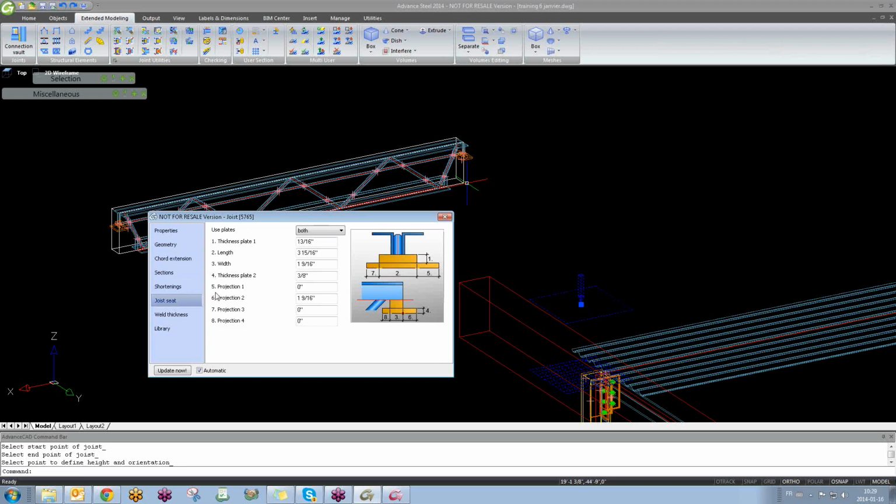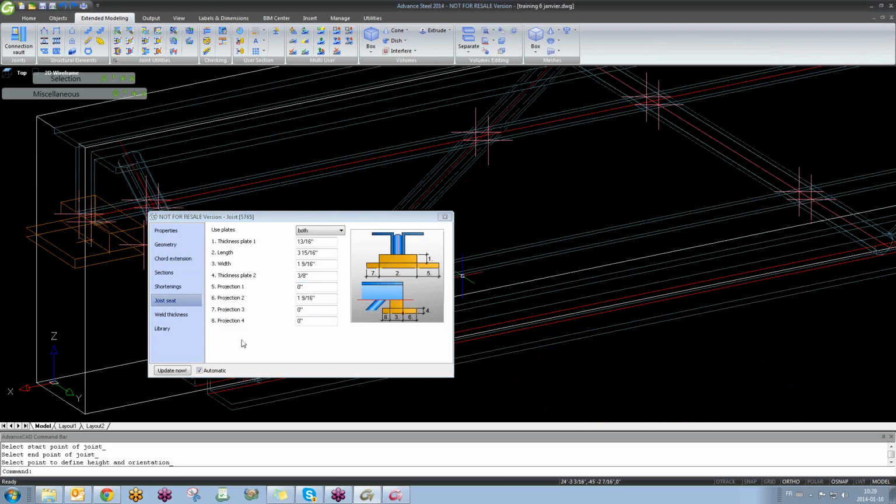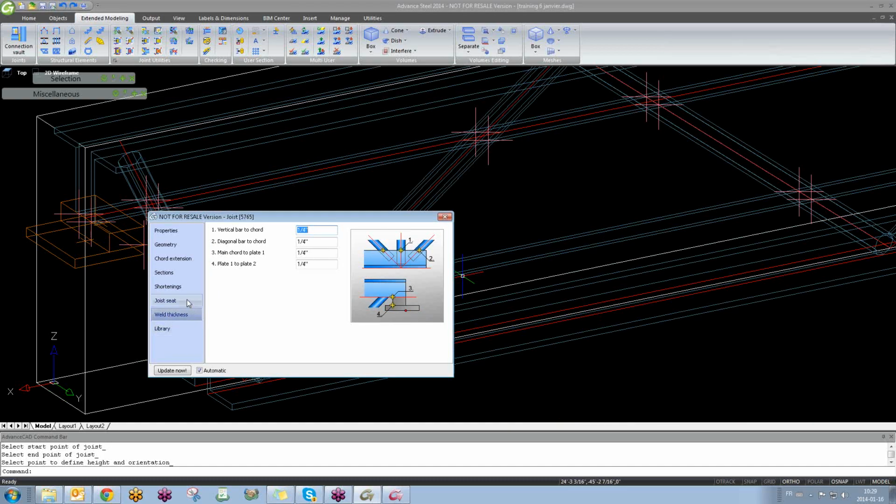Okay. For the joist seat, as I said, for those plates here we go. For